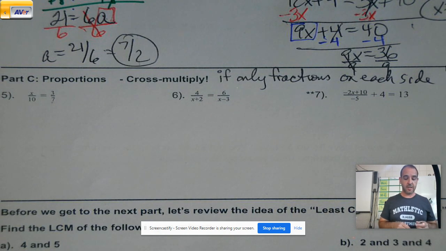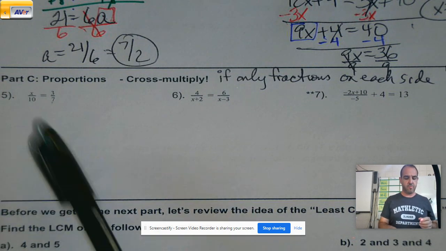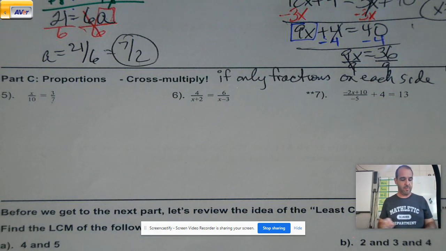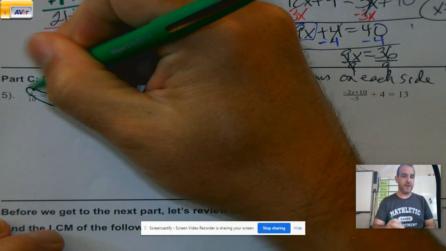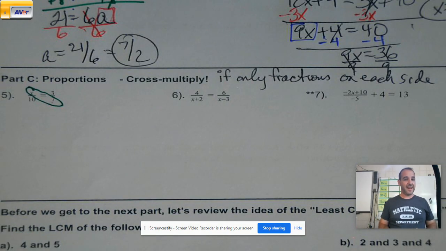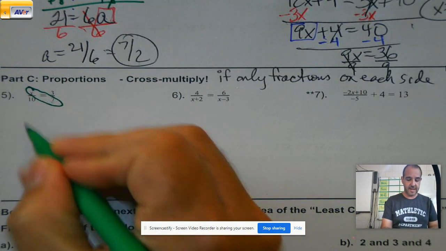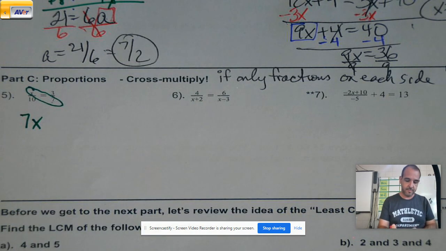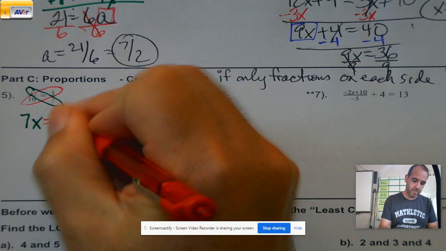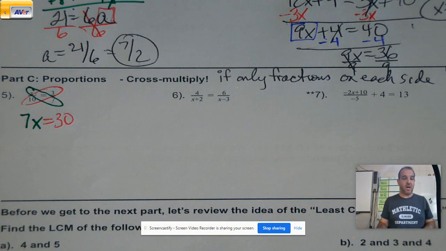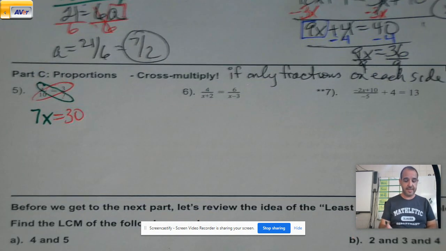So here I look, okay, cross multiply. Now, a reminder on what cross multiplying is, if it's been a little while. Some of you have heard this little butterfly thing before and other things. It just means we're going to make an x out of this. So 7 times x is 7x. 3 times 10 is 30. And now we just solve what's left, which in this case is